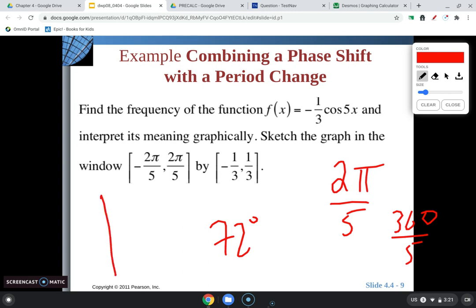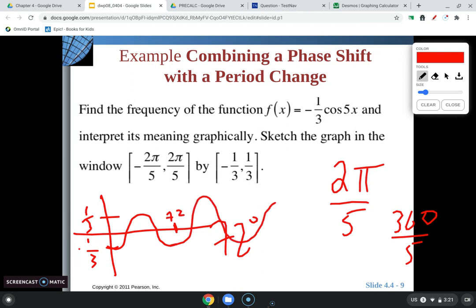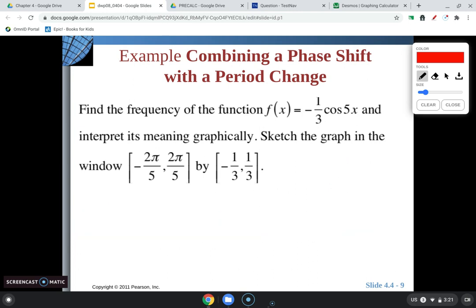and 5 rotations of the curve in 360 degrees. So if you wanted to draw a quick sketch, our high and low points would be 1/3 and negative 1/3. It's negative cosine, so we would go down first, and then every 72 degrees it would just continue to repeat itself over and over again. Okay,